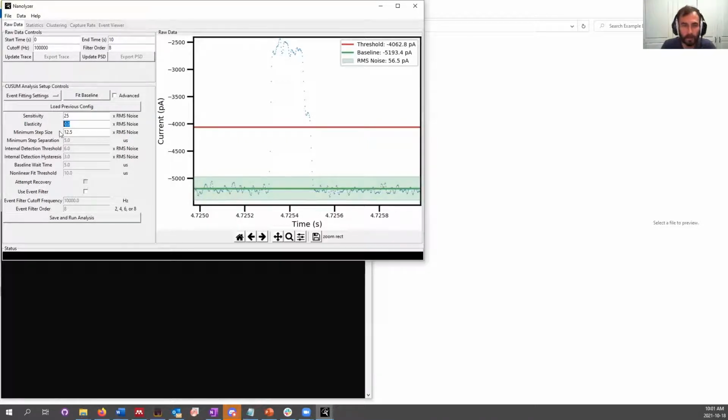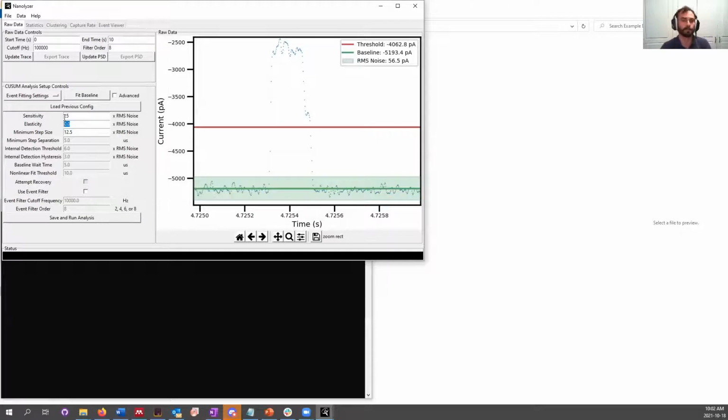The elasticity parameter is something that can change run to run. For the most part, it will stay at 0. And the idea here is that if you have a data set that has very, very fast events and very, very long events, and here I'm talking a difference of orders of magnitude. If you have events that are 10 microseconds long at one extreme and milliseconds long at the other extreme, it will tend to overfit the very, very long events unless you change the sensitivity and make the sensitivity length dependent. And so an elasticity setting of 0 means don't pay any attention to the length of events. They're all close enough. They're all within an order of magnitude or 2 of one another, and there's no need